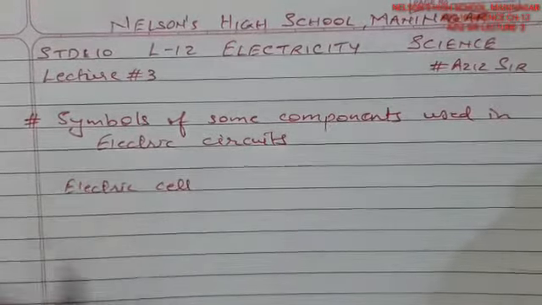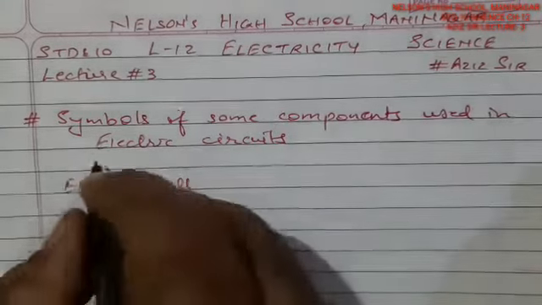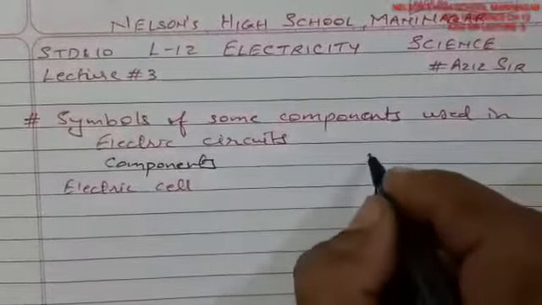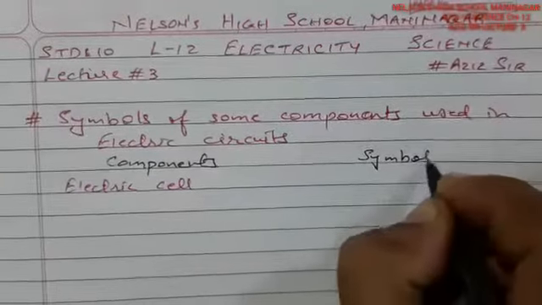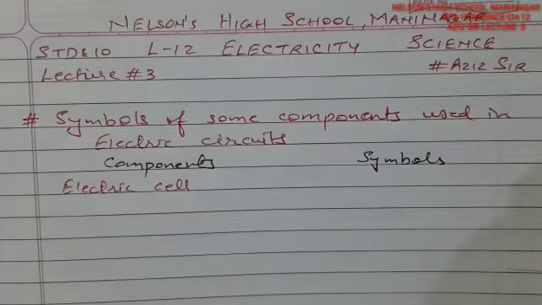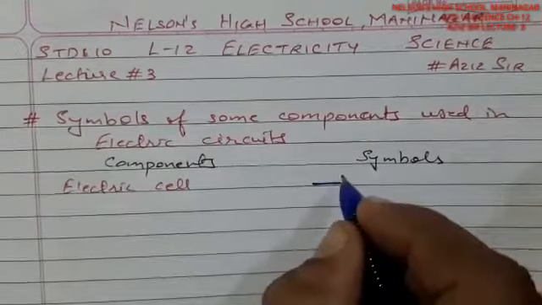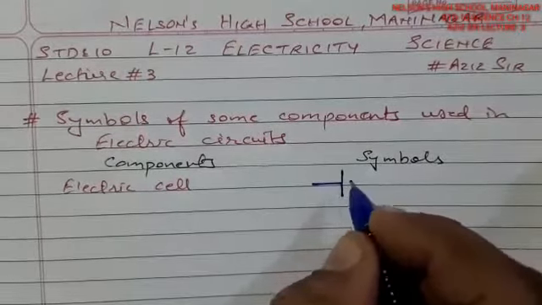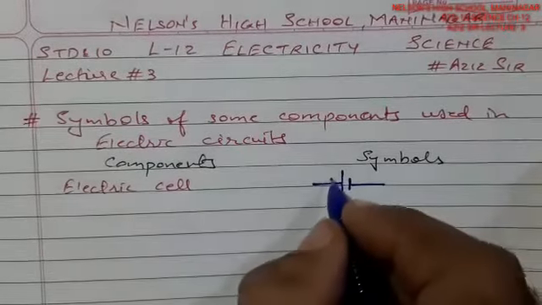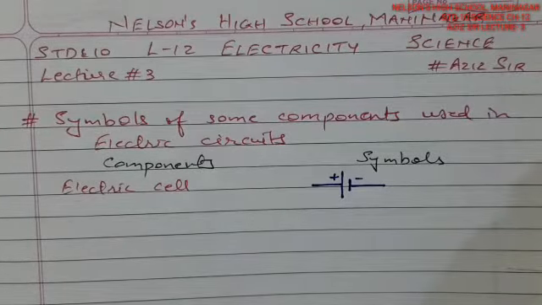so this is the component, so we'll use the word here as component, and these are symbols. Fine. So we'll use electrical components and symbols. The symbol for the electrical cell is a wire which is coming here, a longer vertical line and a small vertical line, and this is passing like this. So this is a positive terminal and this is a negative terminal. This is a symbol for the cell, right?